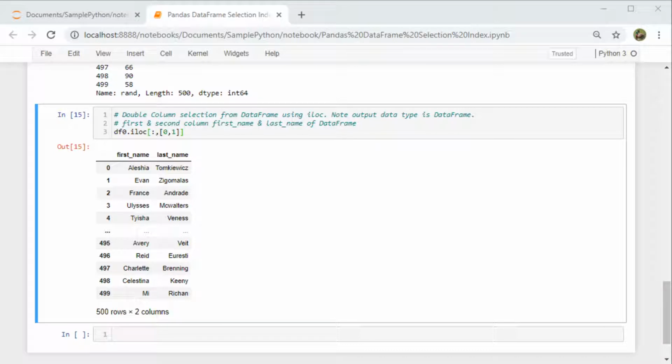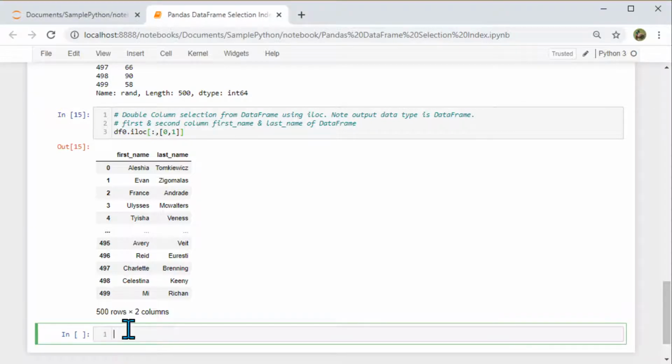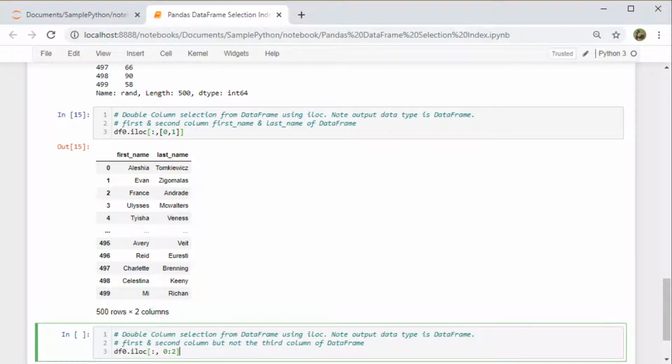But now, instead of specifying every column like that, can I give a range of columns? Yes. In this scenario, when I say 0 colon 2, that means I am specifying a range. The range is column 0 and 1, but not 2. So starting from column 0, I want two columns.